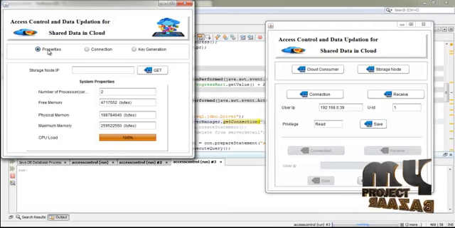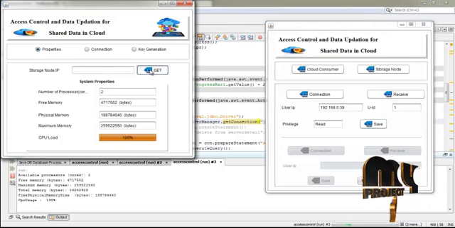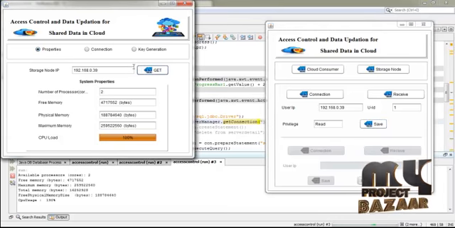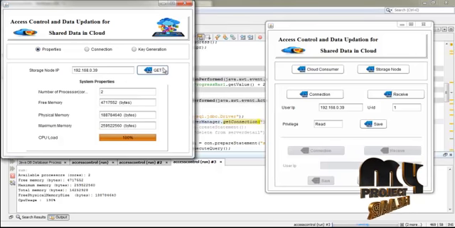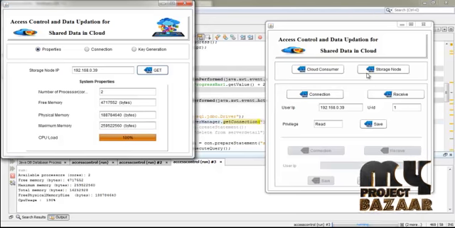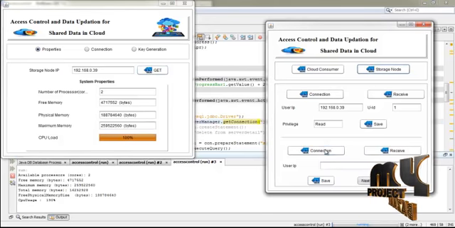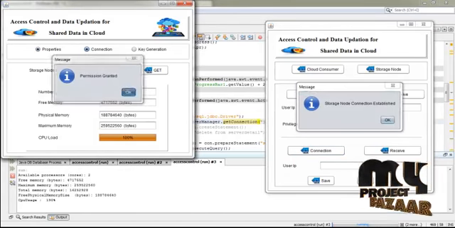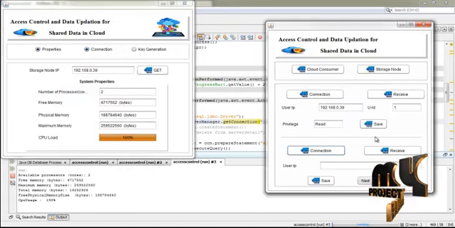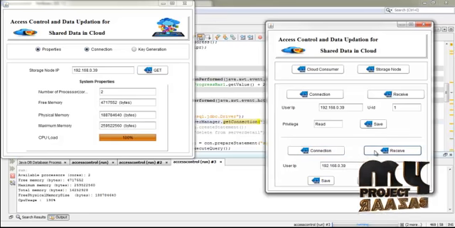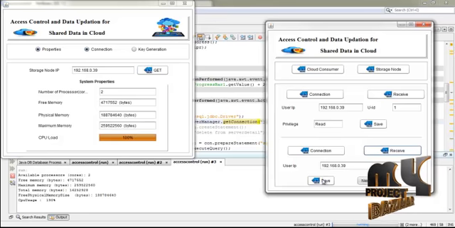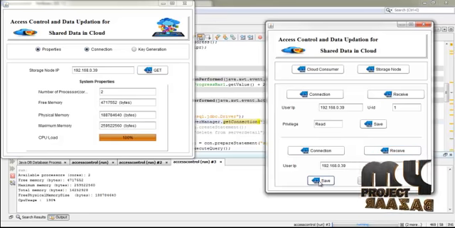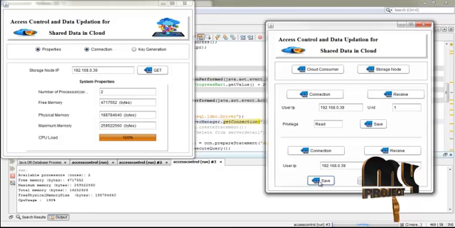First of all, click properties and then press get, and then the data owner also transfers the data to the server. For that, click storage node and press connection and click the connection button. Now press OK and then press receive. Now the details of the data owner are received by the server, and press save. Now the data are saved in the server,